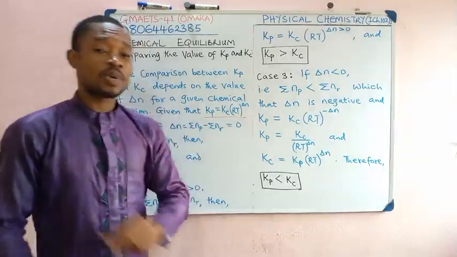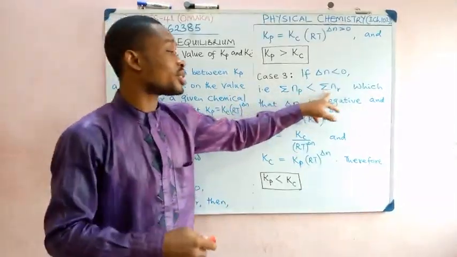Case 3, which is the last here, is when the change in number of moles of the reaction is less than 0. And that is possible if the total number of moles of product is less than the total number of moles of